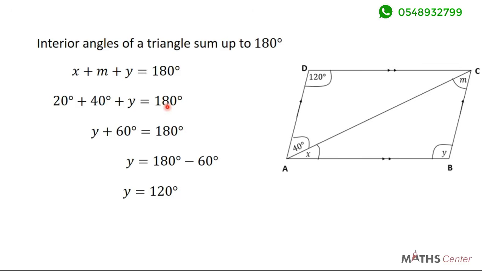So all that you need to do is to study the diagram, then apply the properties that you've learned. If you see parallel lines in the diagram, it means that you can use corresponding angles, alternate angles, co-interior angles, together with the other properties that you know to solve the question. This is one way of solving the question. You can also try to use another way to solve the question